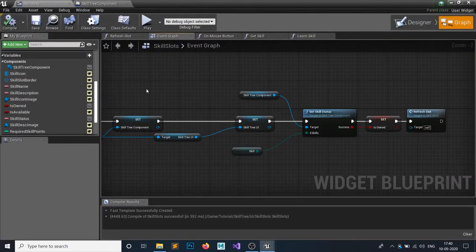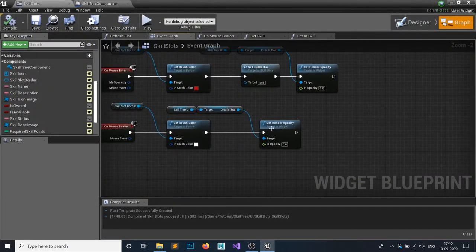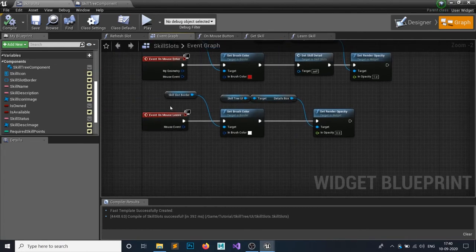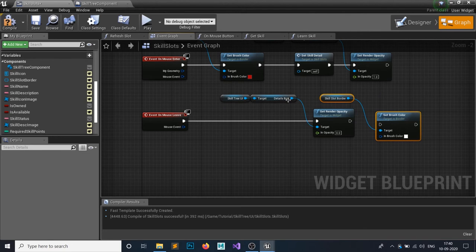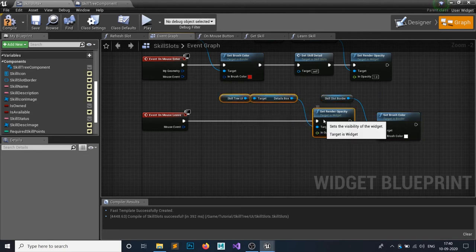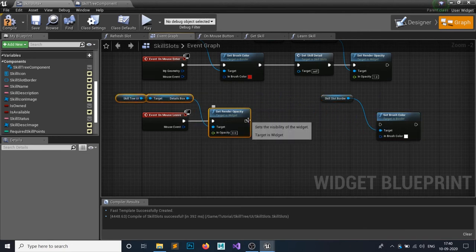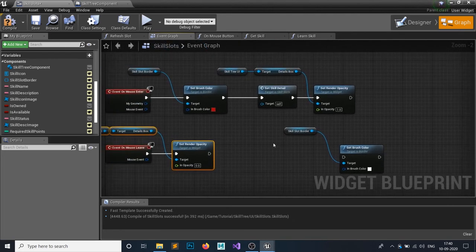So in your event graph, you have noticed whenever we leave this mouse border, it will change back to false, so we don't need that. So what we're gonna do instead, the skill border only works if our branch is not owned.